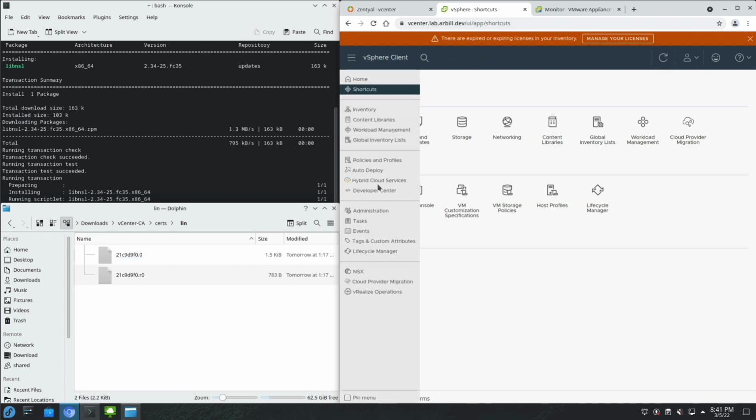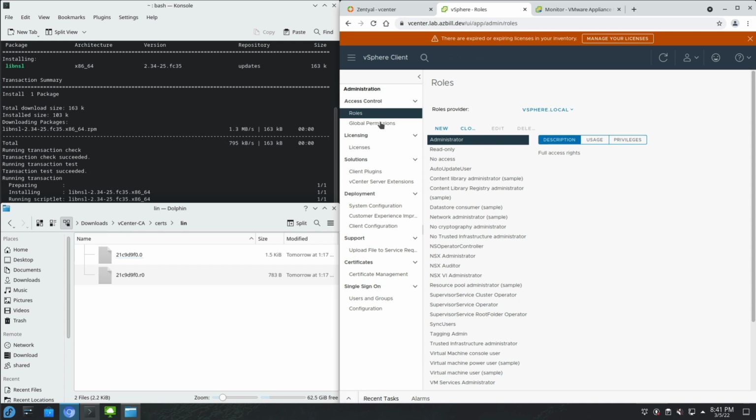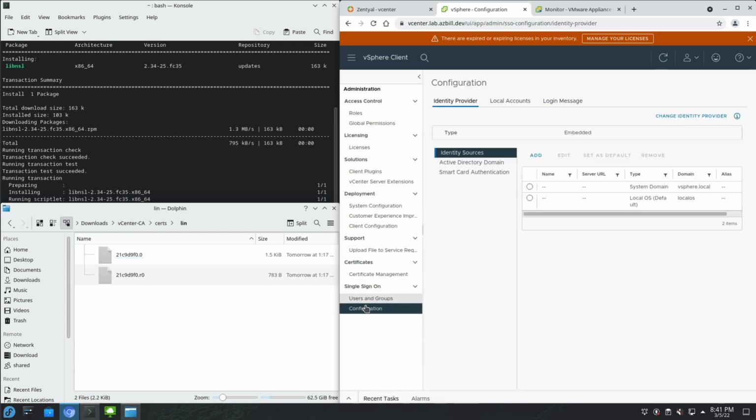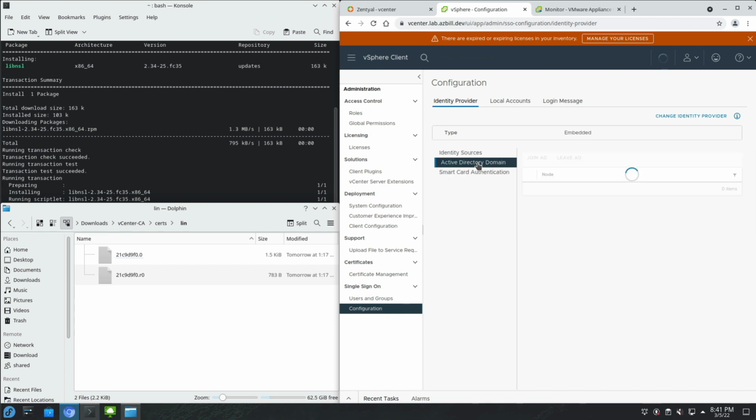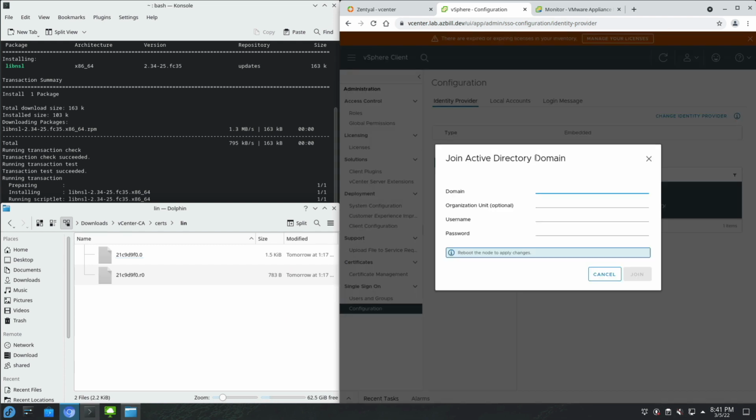That should be under Administration and Configuration for single sign-on. Active Directory domain, we want to change over to there. And currently, we don't have it joined to AD, so we'll go ahead and click on Join AD.